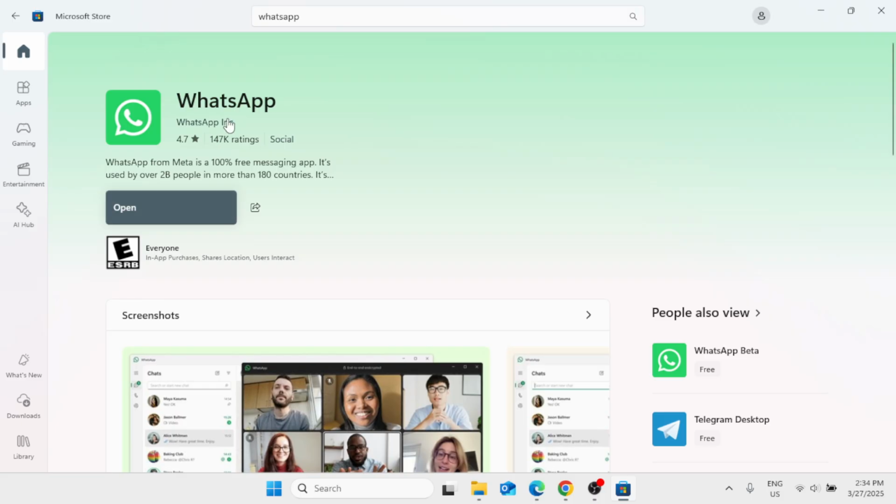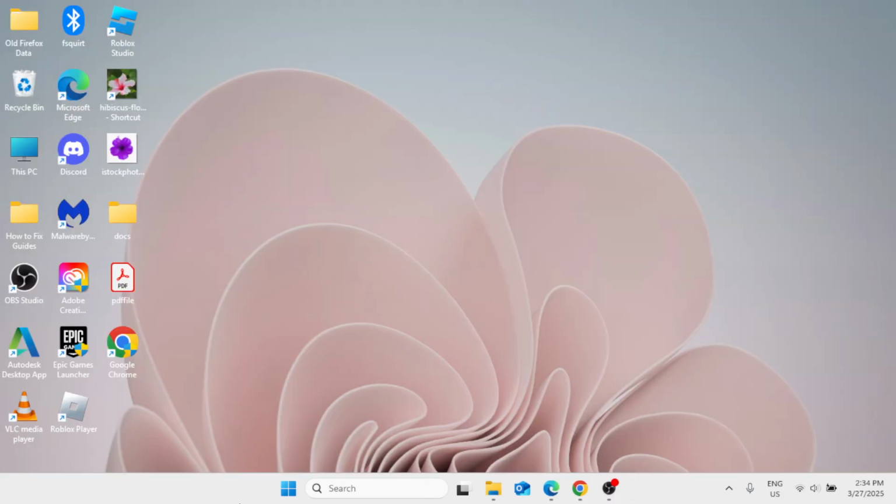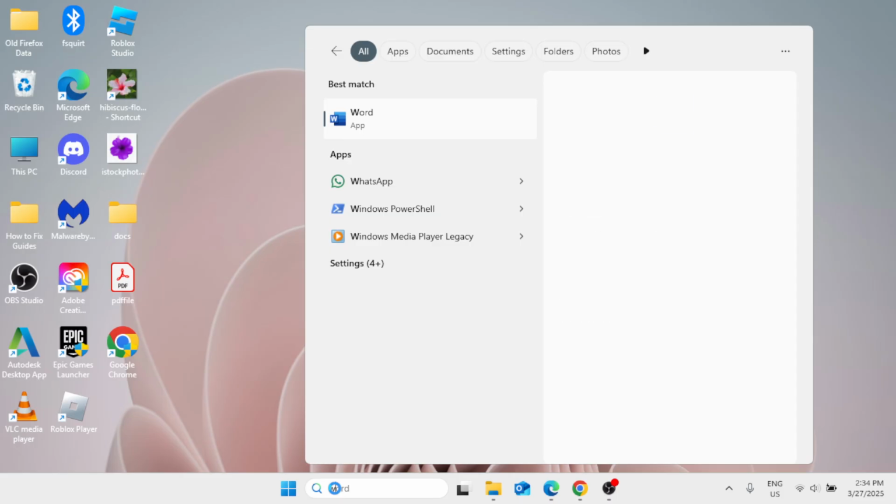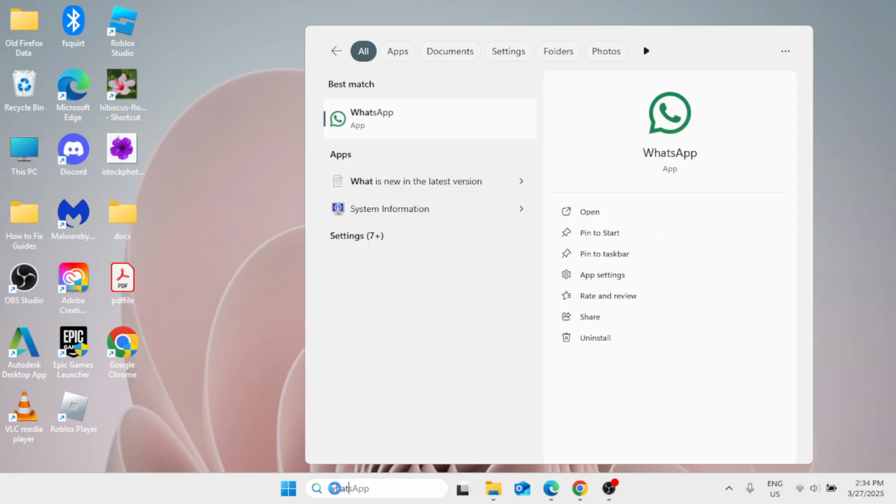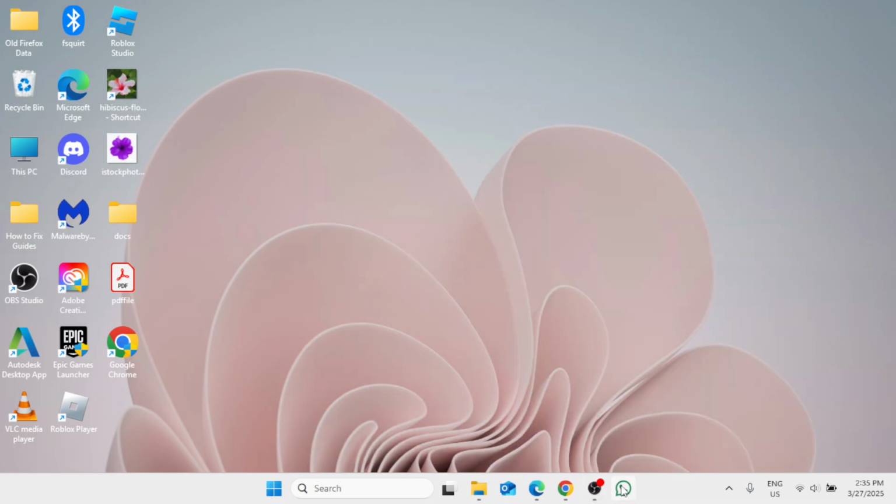Now it's done installing. So let's close this and search for WhatsApp in the Windows search bar. You can also pin this to the taskbar so that you can easily open it. So click on this option, Pin to taskbar. Now let's open it. Double click